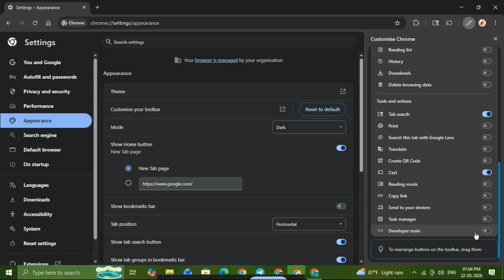That's it. The change should take effect right away and your browser should now look a little cleaner and more